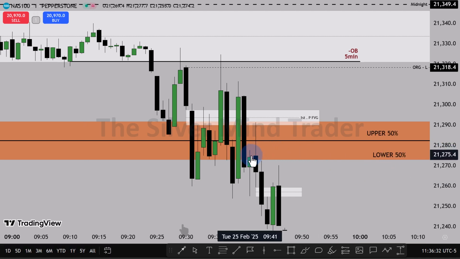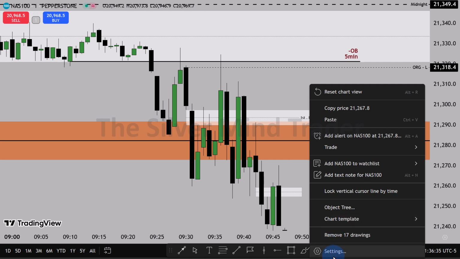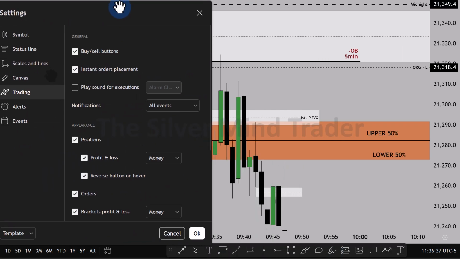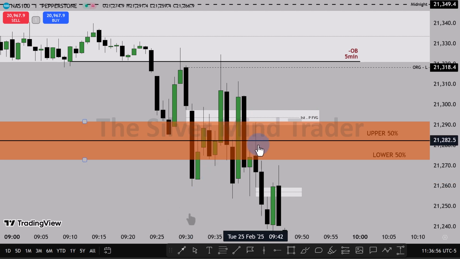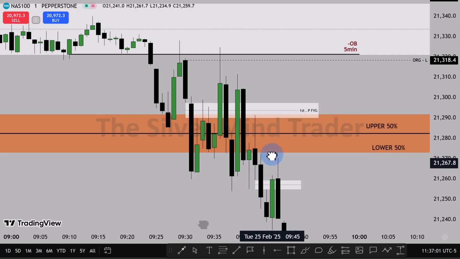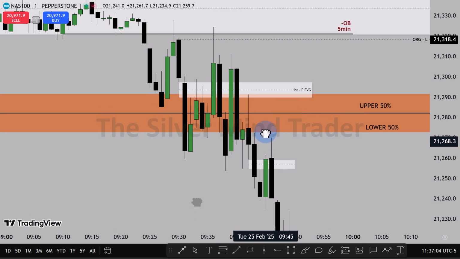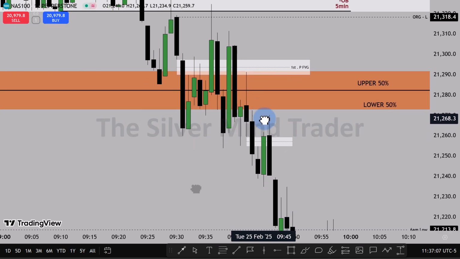So the bodies, and here's what I mean by the bodies. If I take off the wicks of these candles now, where are the bodies stopping? Exactly below or exactly at the lower 50% level of this 5-minute gap, right? So the wicks do the damage, the bodies tell the true story. So as price is leaving this gap now, one of the things we want to see, because I know most of you, the question will be like, how will you now know that,